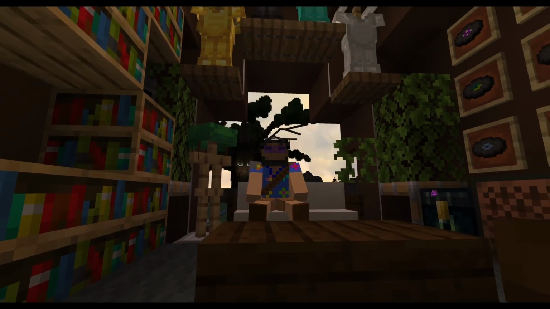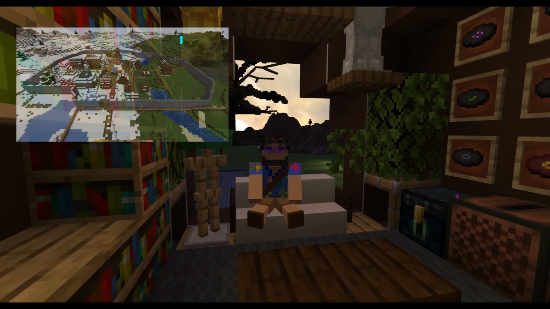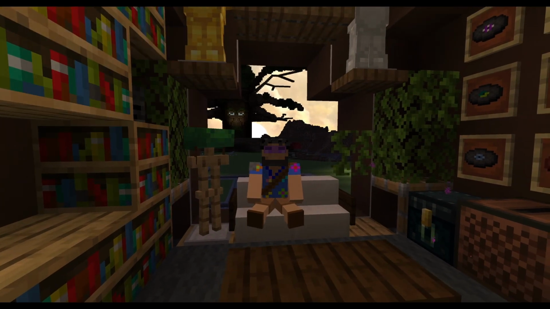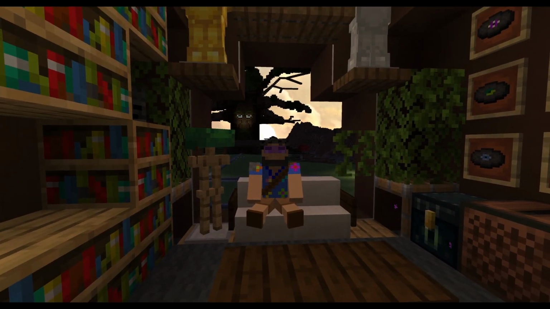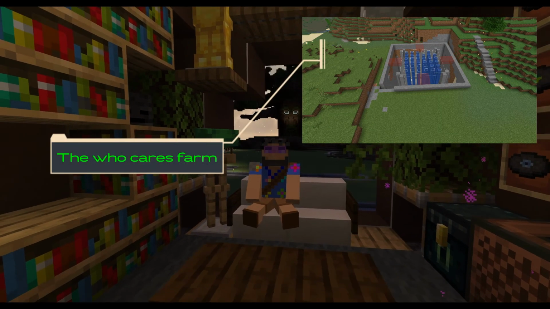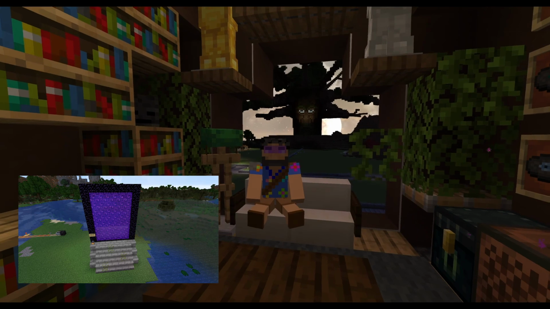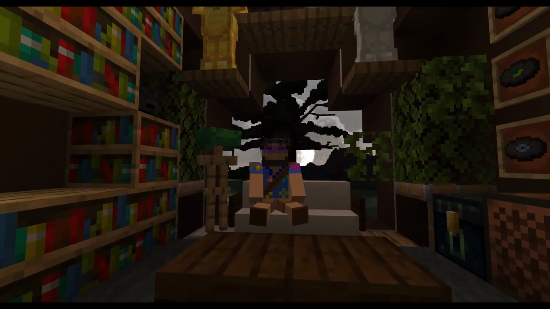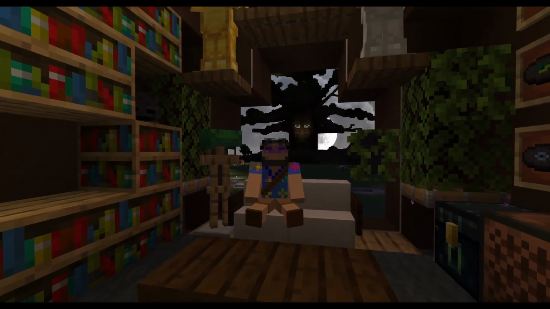quite often. Number 1, the nearby village, which I've named Chili Village. I think. Chili Town? Something like that. It's cold there, so I named it Chili something. And then the next one will be to my squid farm, which is on the way to my nether portal, where I can go and access the nether to grab all these wonderful resources and maybe kill a few ghasts